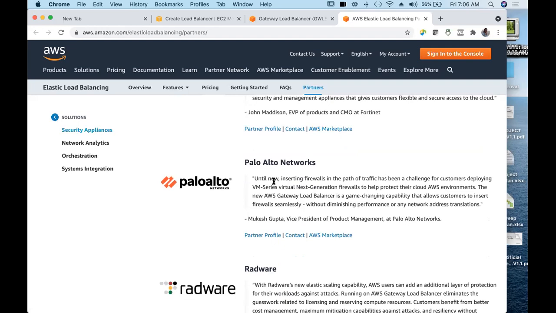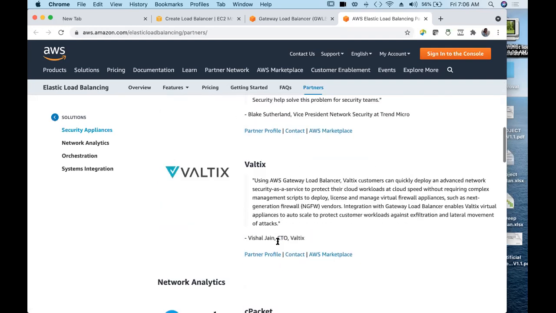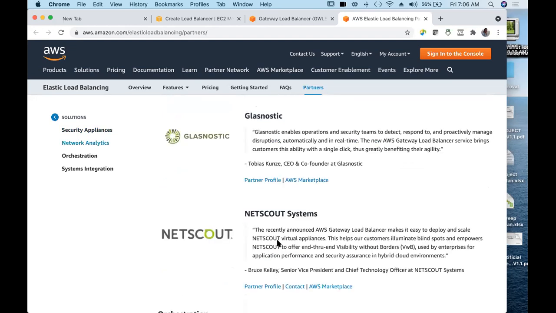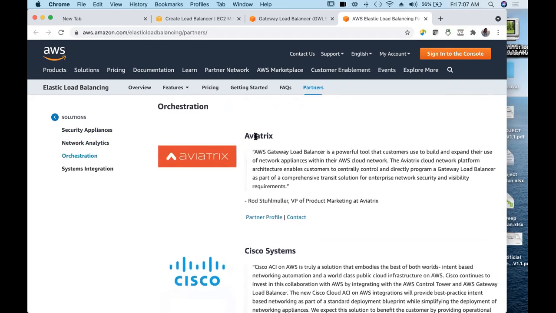And Palo Alto Networks are there. See, all these are those providers. So they have partnered up with these providers, and you can launch an EC2 instance and launch these third party software on the EC2 instance, and again they are available in AWS itself since they have partnered up. And you can add those security appliances, which are EC2 instances integrated with this software.